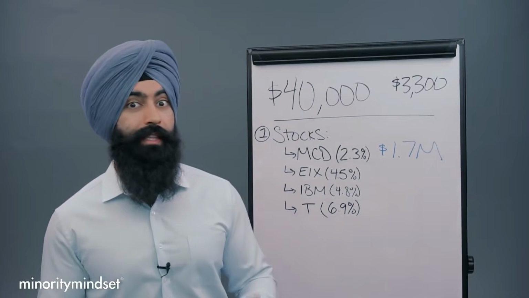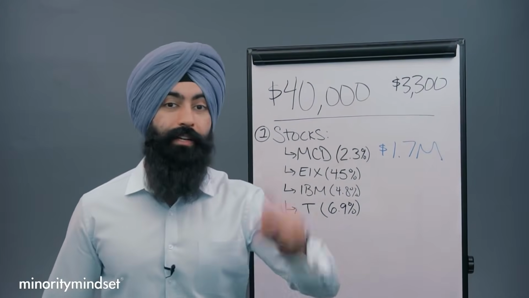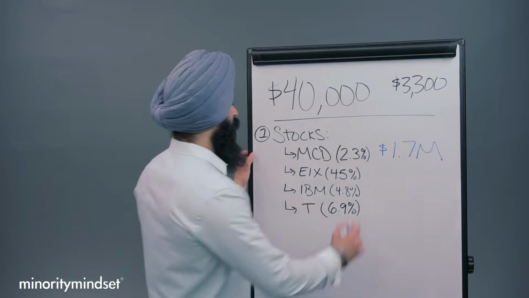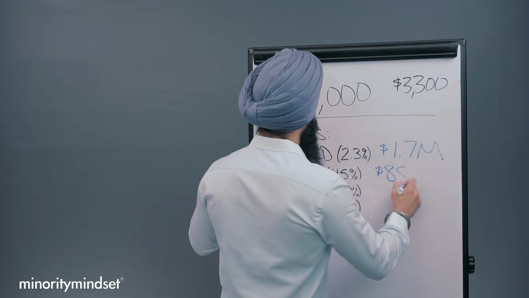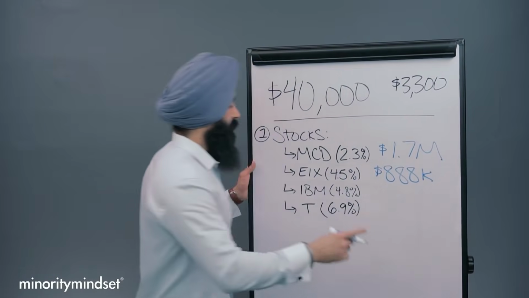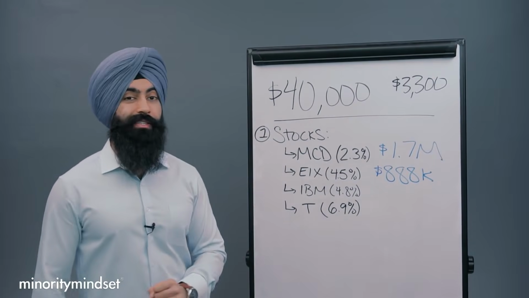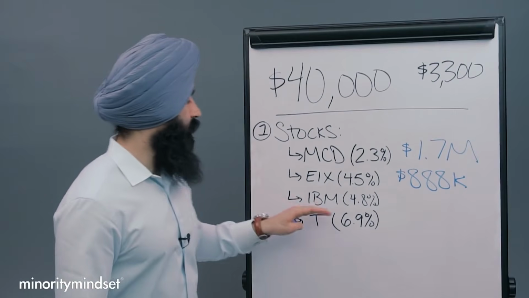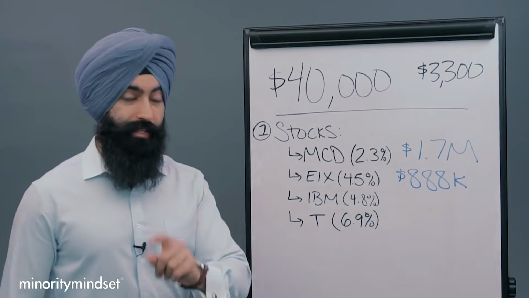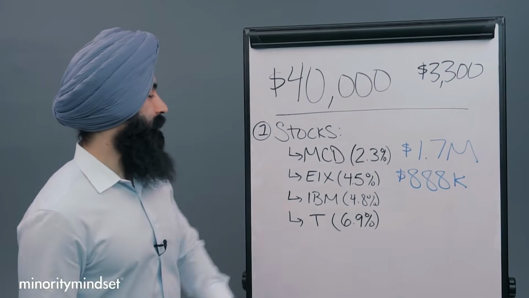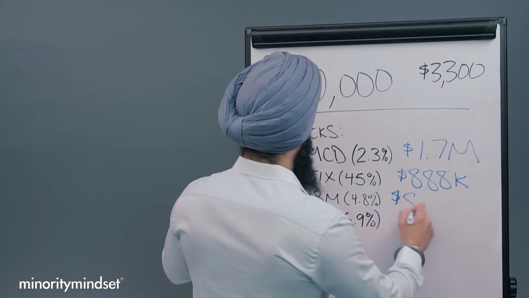So if you wanted to get the same $40,000 a year in passive income through EIX, you would have to invest right around $888,000 into this company today, based off of this 4.5% yield, to generate $40,000 a year passively. If you wanted to do it through IBM, which is right now, at the time we're recording this video, paying a 4.8% yield, it's going to cost you